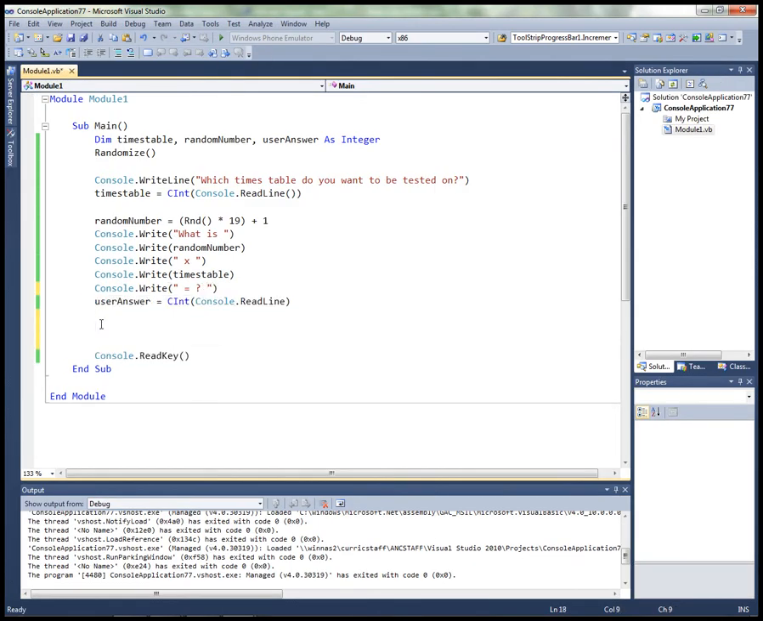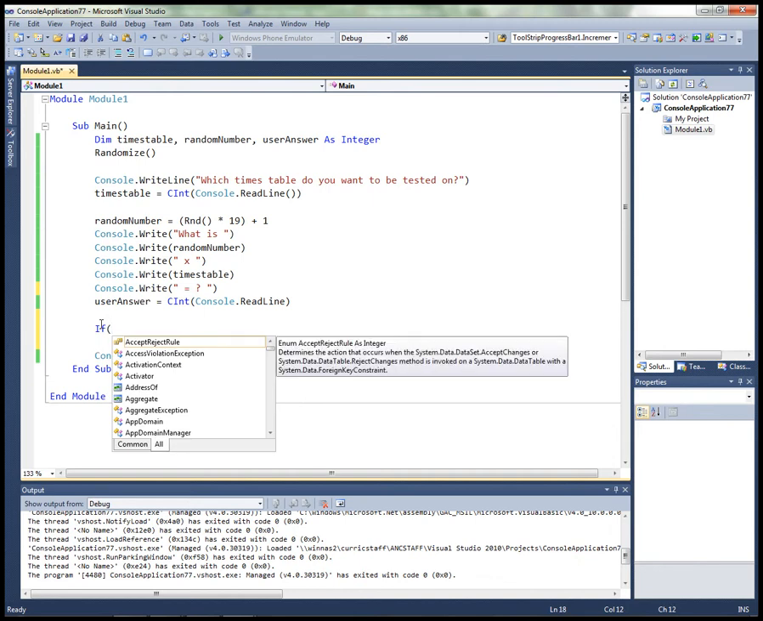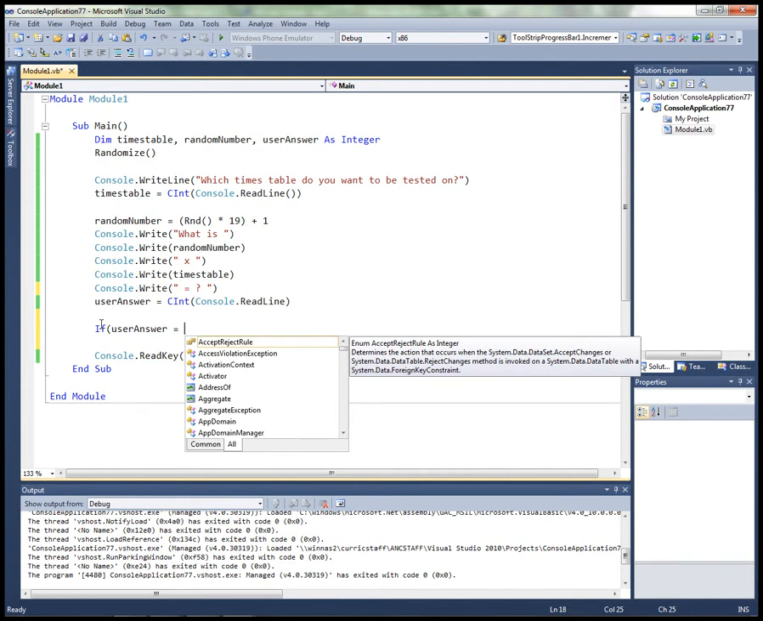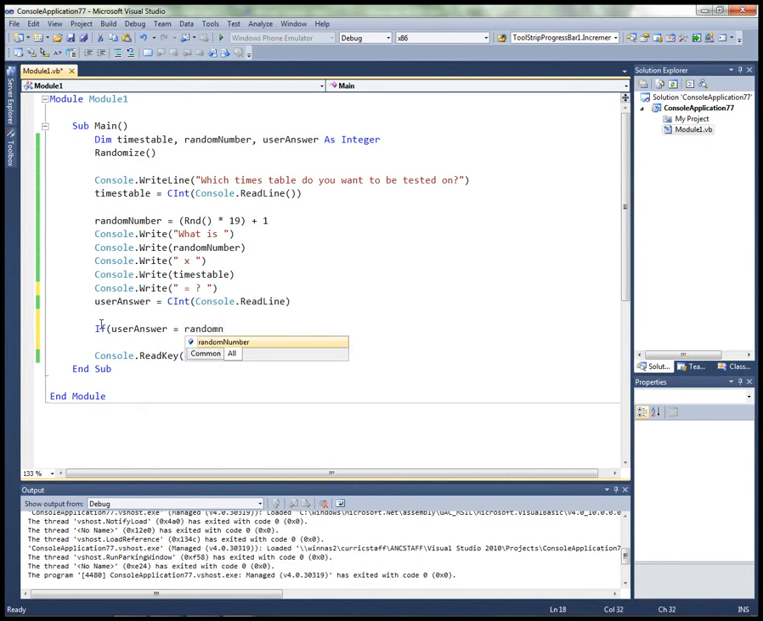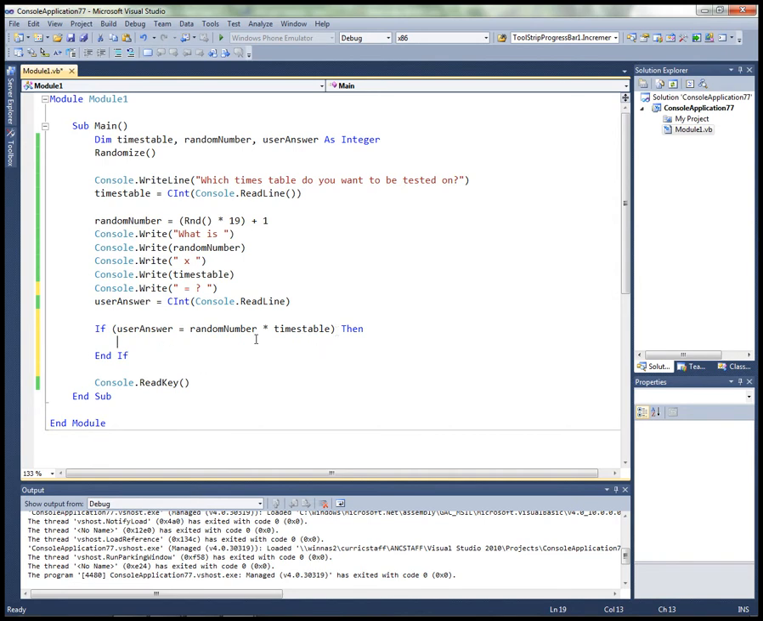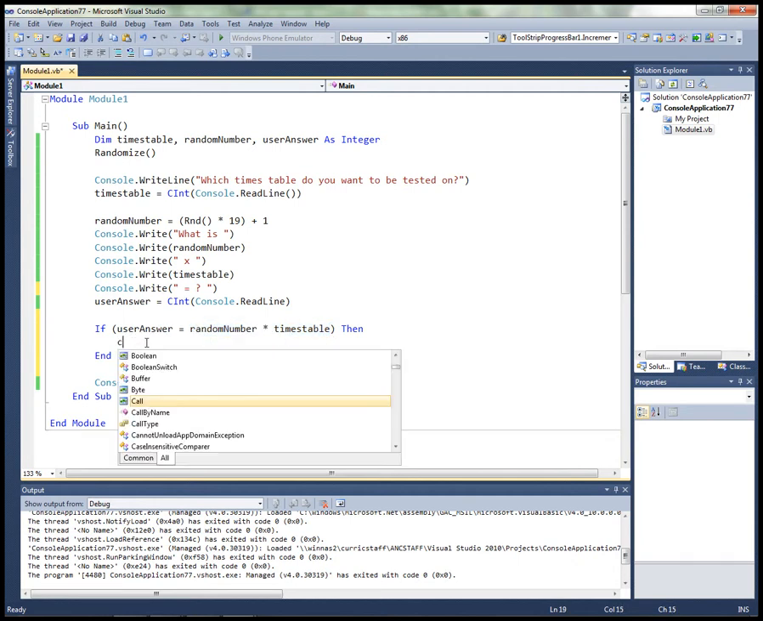Now I need to decide if it's okay. I need to make a selection. Is it right or not? Remember, selection statement, a simple selection statement is if, and all I have to say is user answer equal to, now I have to work it out, it's random number times table. So what this bit here says is what the user typed in equal to these two numbers times together. So I do the calculation and say is equal to what the user typed in. If it is,